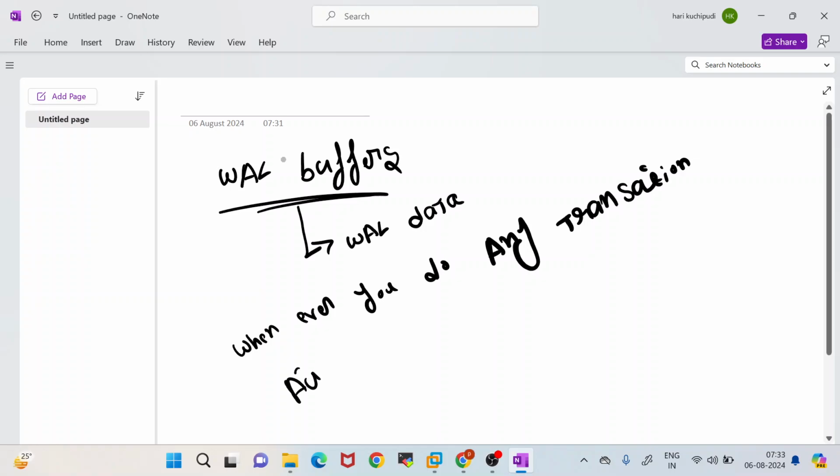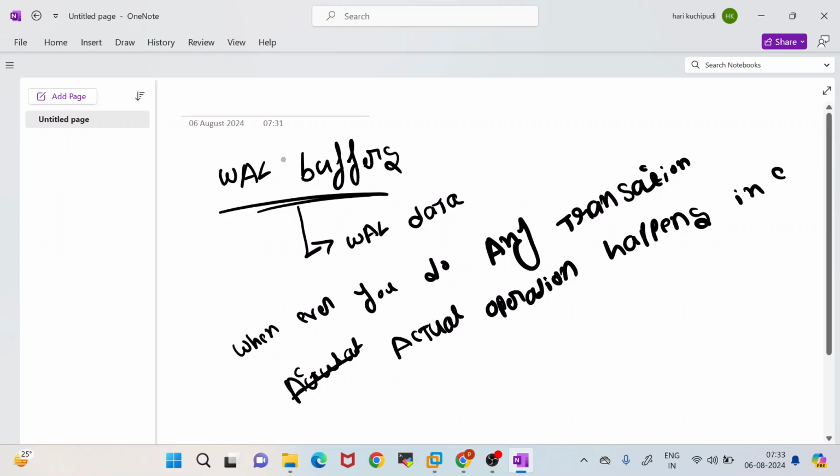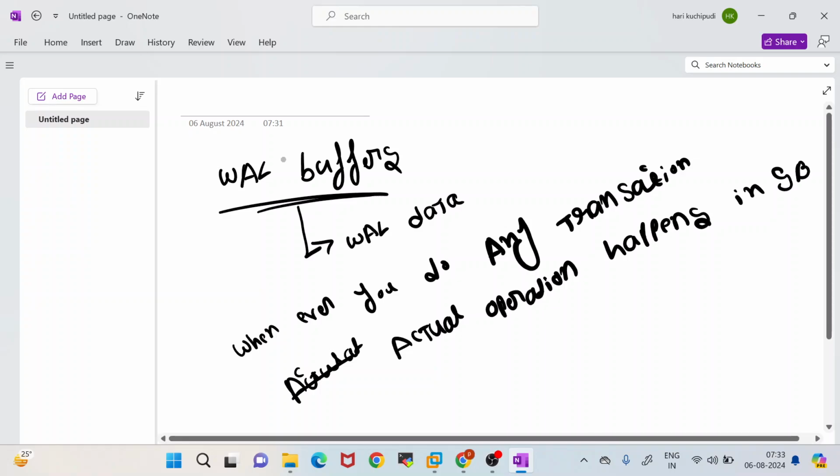The actual operation is going to happen in shared buffers. The actual update, or modify operation, happens in shared buffers, whereas metadata about the transaction will be stored in